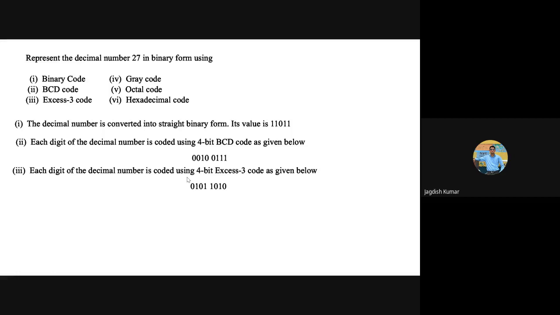Now the next one, gray code. This may take time. Okay, write down 27 in gray code. Let me check how many of you can do it. Please go ahead for 27 in gray code.